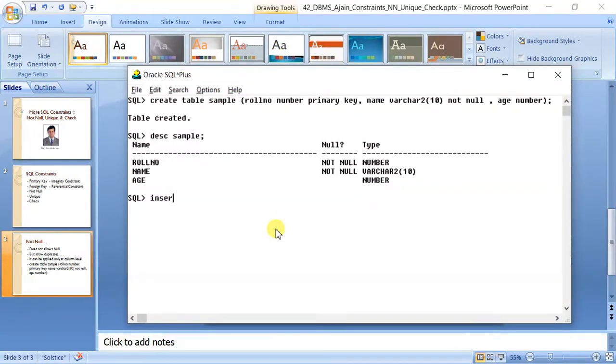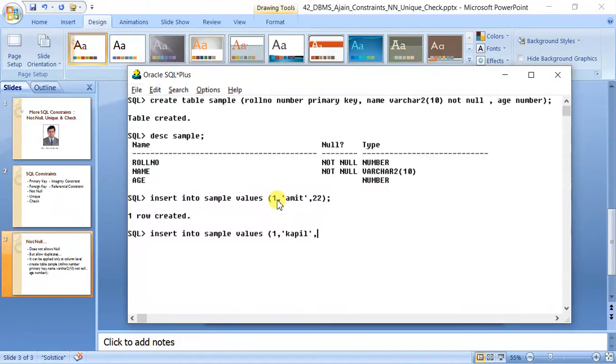So let me check. Insert into sample values 1 comma say Amit comma 22. Okay. Now try to insert the same thing again. 1 comma Kapil comma 44.